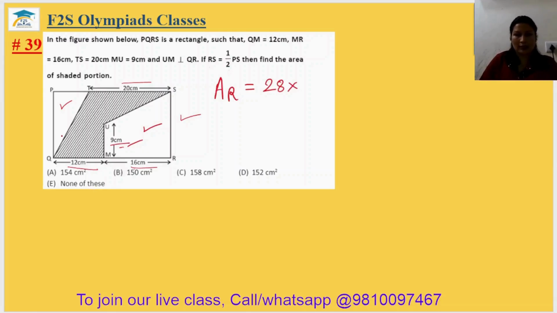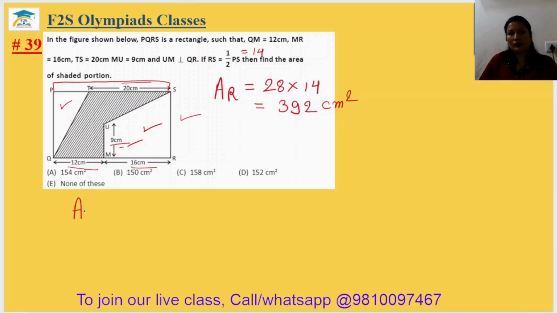तो PS कहाँ दिया हुआ है आपका, PS this one, ये यहां से यहां तक है आपका PS, and it is your 12 plus 16 तो 28. ठीक है. PS इक्वल टू QR, दैट इज योर 28. तो RS हो जाएगा हाफ PS मीन्स 14. तो 28 मल्टीप्लाई बाय 14, दैट इज योर 392. ठीक है. 392 सेंटीमीटर है ना ये सारा, सेंटीमीटर स्क्वायर. एरिया ऑफ द बिग रेक्टेंगल वी हैव फाउंड ऑलरेडी.